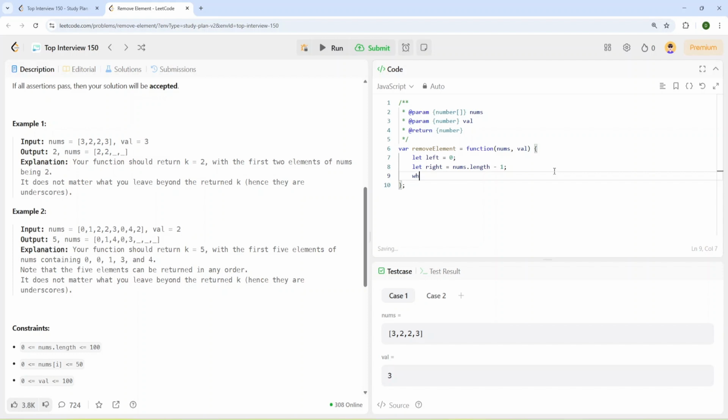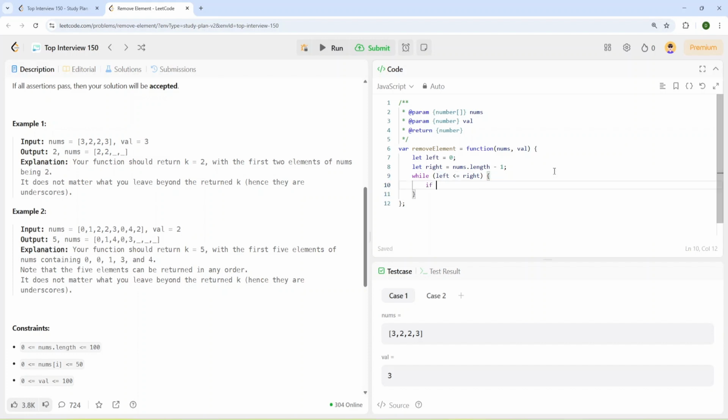Okay, and now we can write our condition: while left is less than or equal to right, we can do some checks.